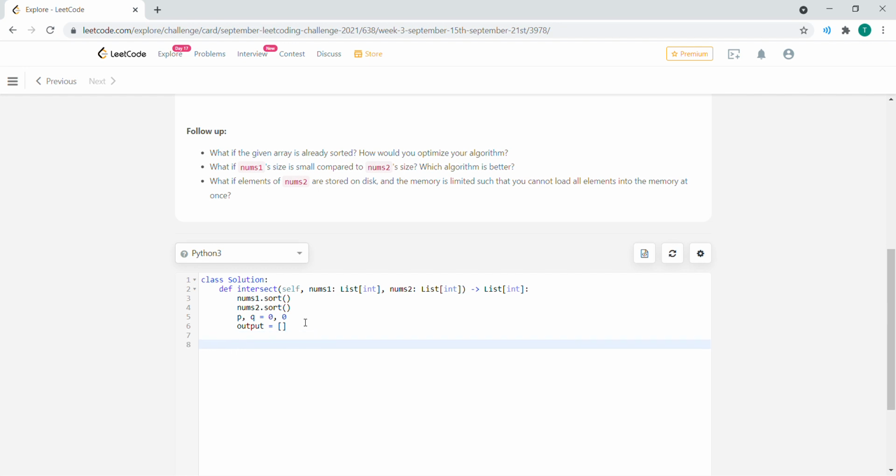So we have two pointers there. We want to be able to move through them accordingly. So we need to loop through nums1 and nums2, and I'll say pointer p is for nums1 and pointer q is for nums2. So while p is less than the length of nums1, and q is less than the length of nums2,